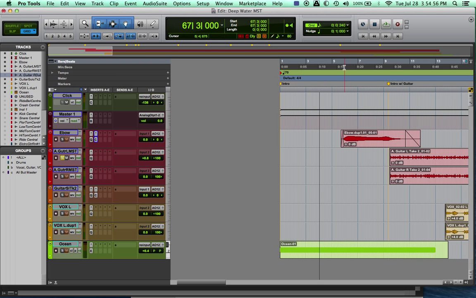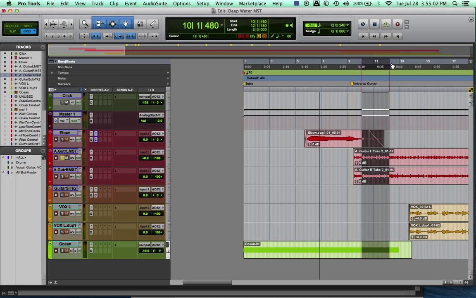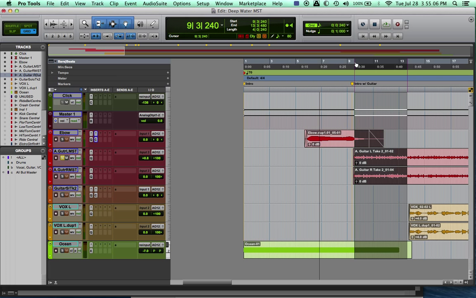And so what we're going to do is we're going to take a specific section of it. Let's take this section right here, and let's just move it to the beginning, just so you have a good 4-bar loop or something. All right, so now I soloed it out, and what I'm going to do is add the